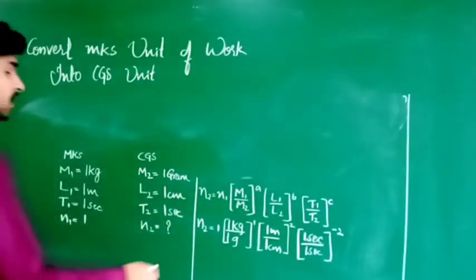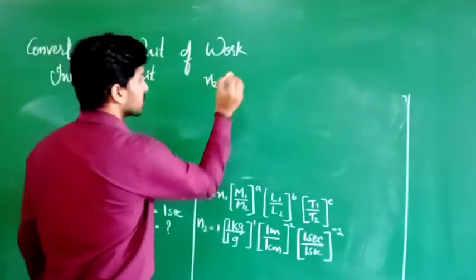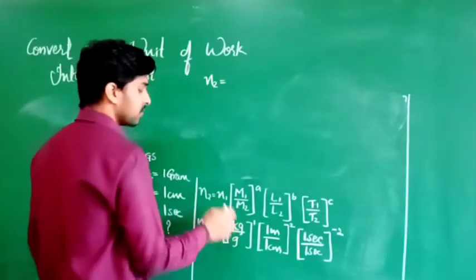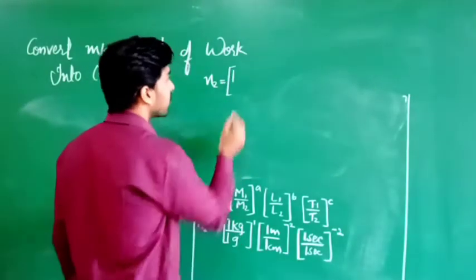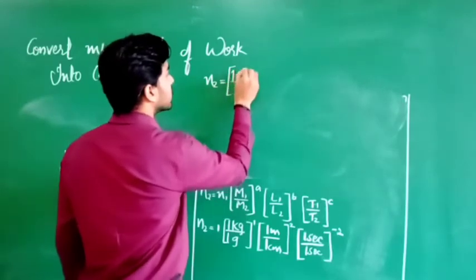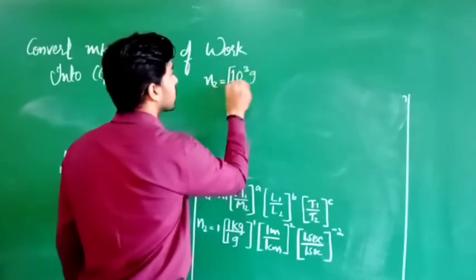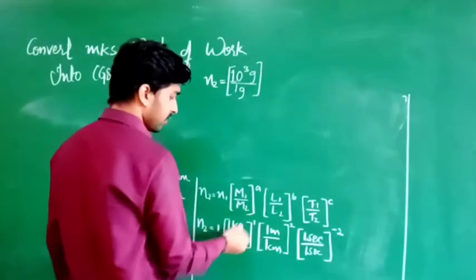Clear? So now this continuation step here I will be writing. Just concentrate. N2 is equal to N1 value is 1 kg. How can I write 1 kg? 1 kilogram means, kilo means what? 10 to the power of 3. That means what can I write? 10 to the power of 3 grams whole divided by 1 gram. Correct? Whole power what can I write? What I am having? 1.